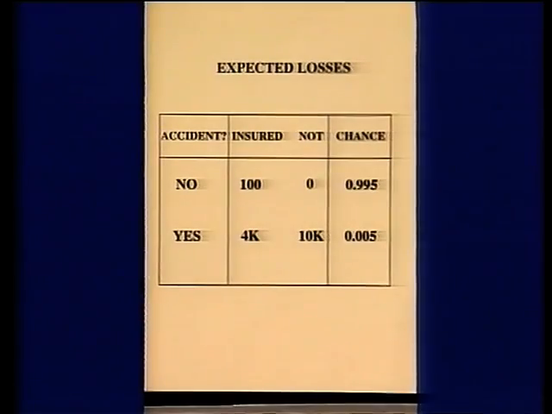It's one concerned with insurance. Do you take out insurance or don't you? Let's look at these figures. You could have an accident, or you might get away with it. If you're not insured and you don't have an accident, it doesn't cost you anything. If you do have an accident and you're not insured, it could cost you £10,000. If you're insured, you could cut that loss down to £4,000. But if you do take out insurance and you don't have an accident, you've spent £100 on the premium, which hasn't been utilised. And there you have the chance of an accident occurring or not. Now, what do you do?